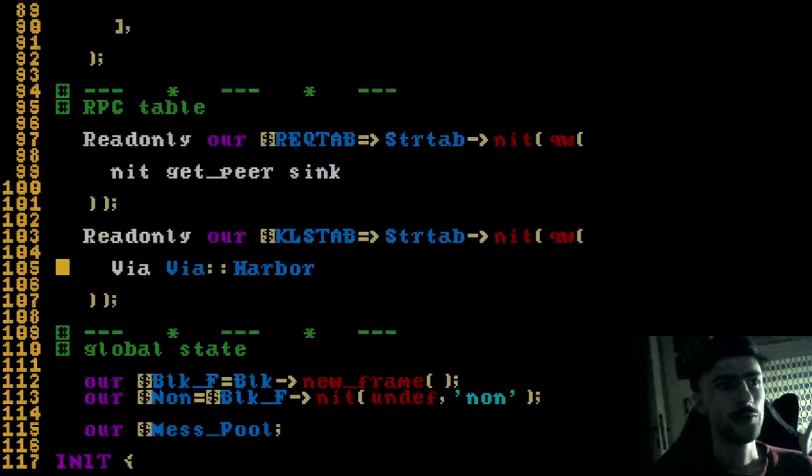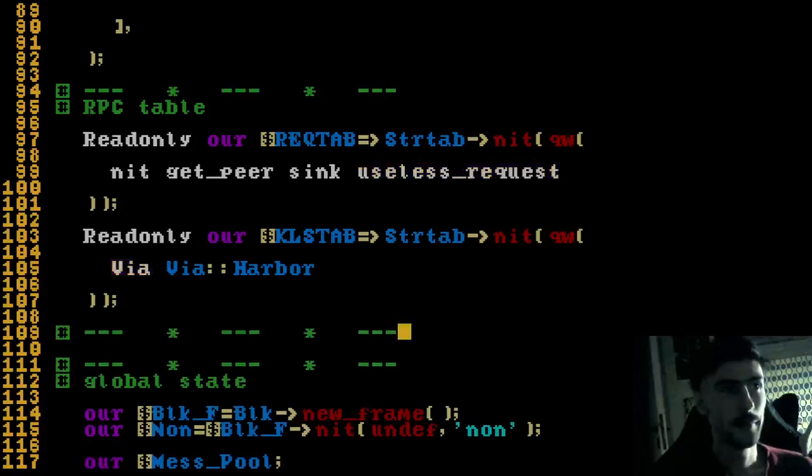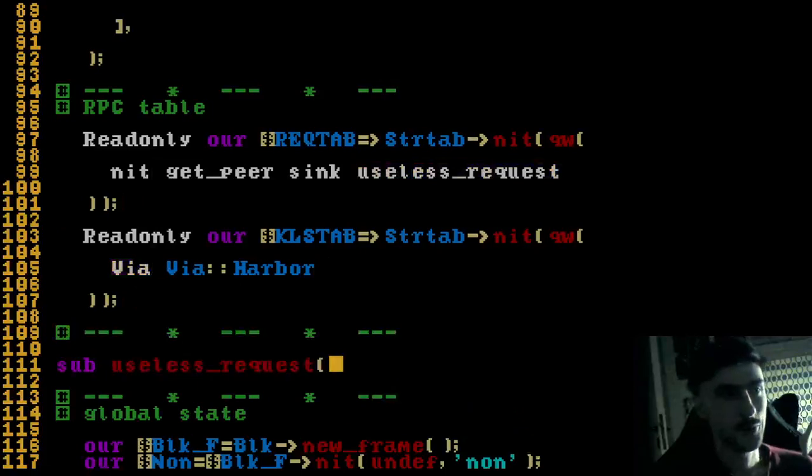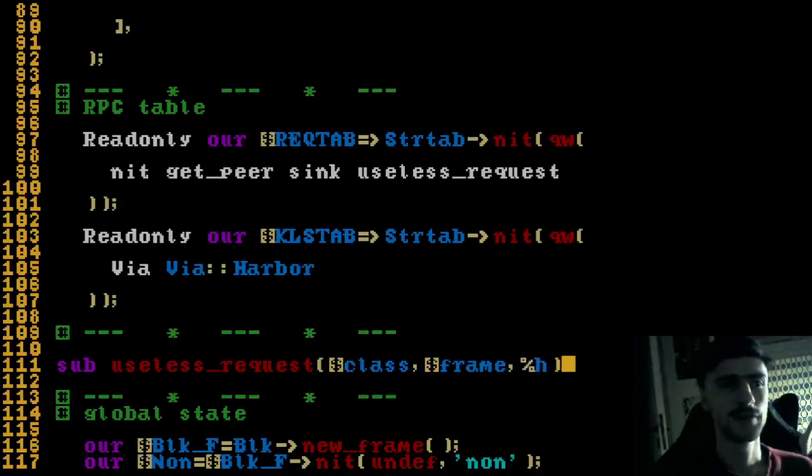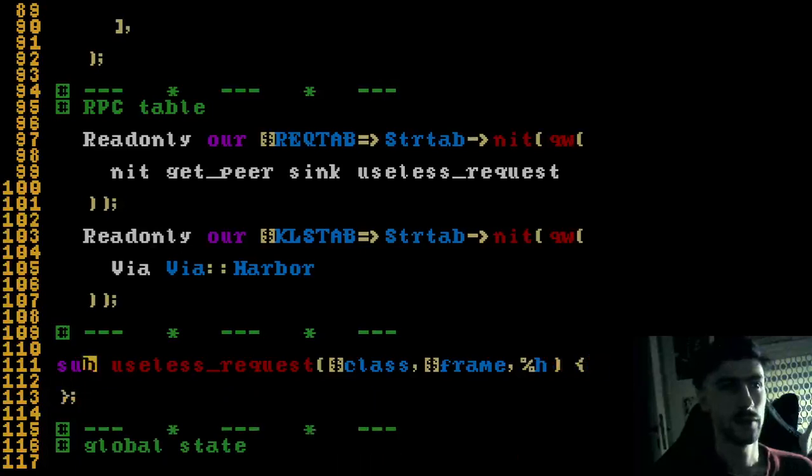What we'll do, we'll just add a new method here, and we'll say, I don't know, useless request. Okay. We'll just do the call within the main class. So we'll just implement it right here. And I'm going to delete these afterwards, but just to demonstrate. So what we have to do is we have to send a class and frame, right? So that's the obligatory fields, and then we'll do just let's say h, something like that, or